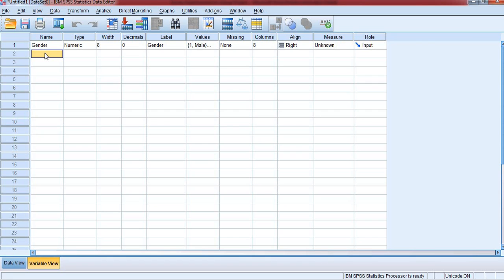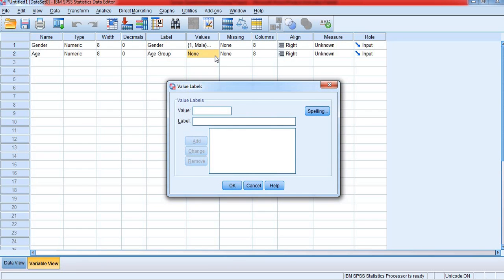Okay, so we go to the variable view here and type the age. The type of the variable is numeric, and for decimals we can make it 0. Type here: age. Okay, and go to the values. So for the first one, put the value 1, and type 20